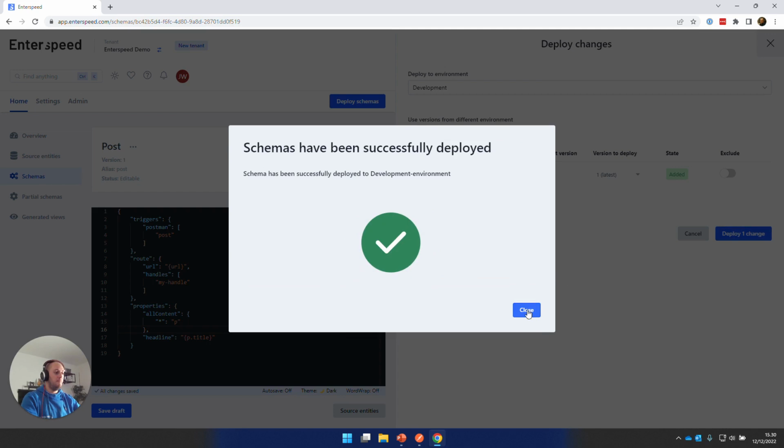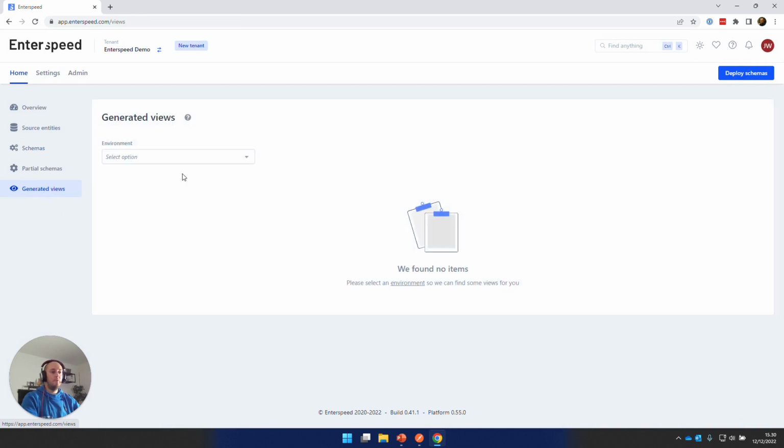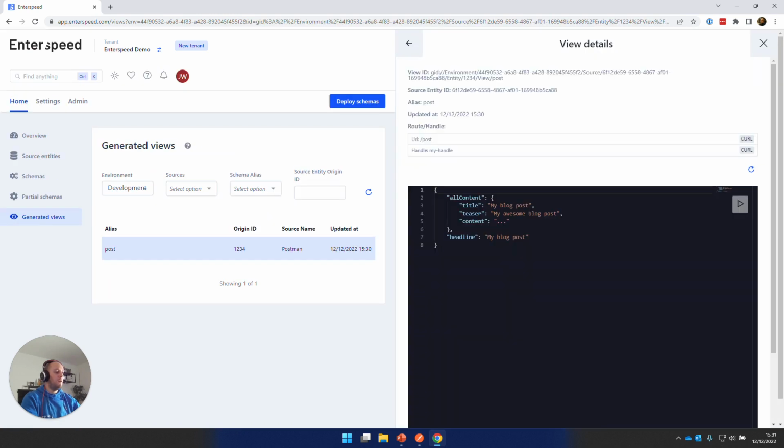Now the schema has been deployed and the processing is starting in the background. So if we go to generated views, select the development environment, we can now see our generated view here with the mapping that we did. Also here we can see that you can fetch this view from the URL with /post or with the handle of